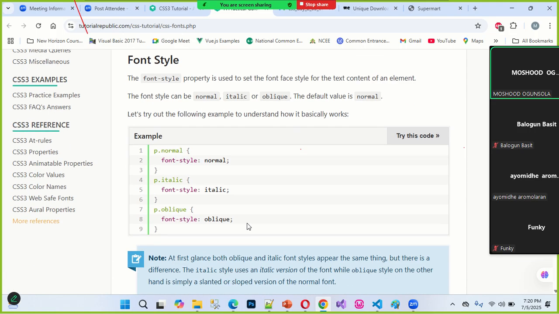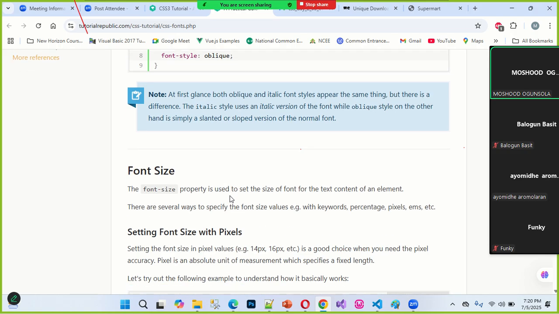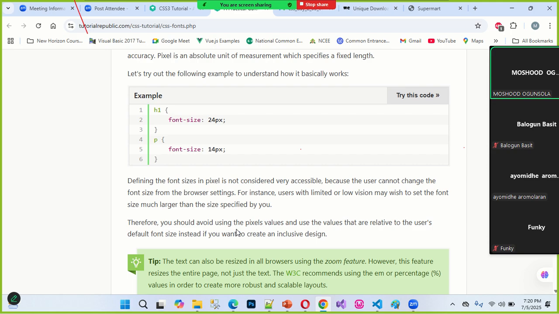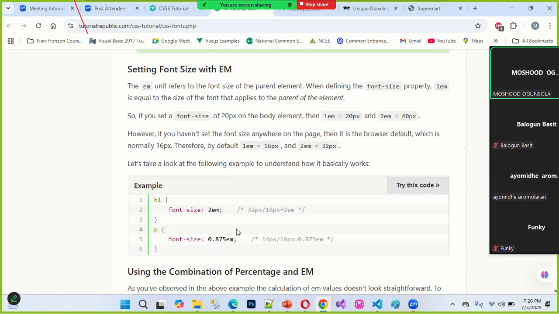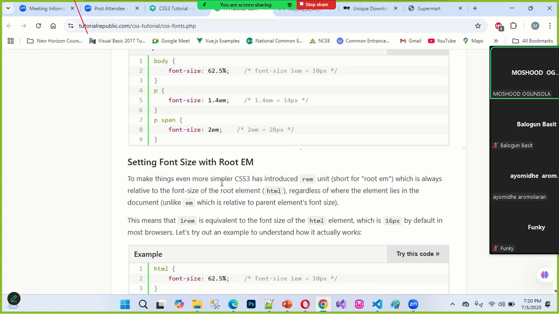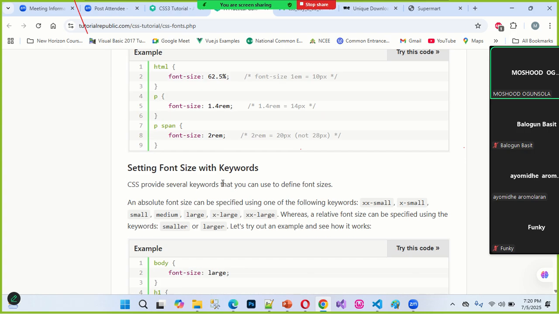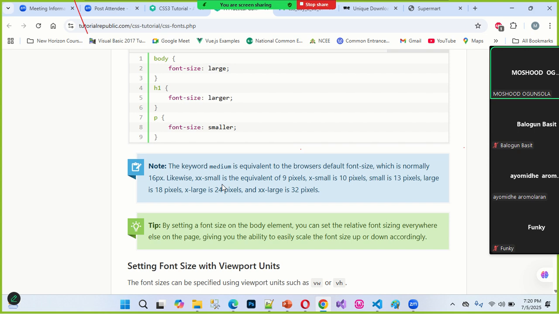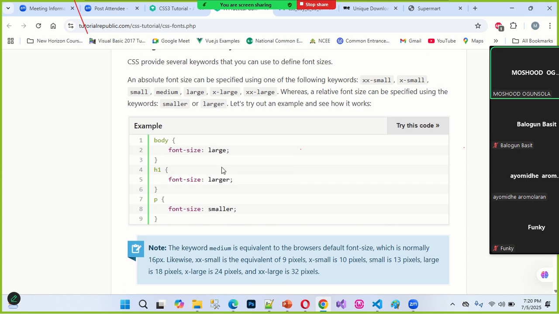It just depends on how you want your font to look. Another one is the font size, to increase the size of the font. The size of the font can be specified in pixels. Do you get it now? Or you can specify it in ems, or you can use percentage too, or even points to specify the font size, or you can use names like large, very large,